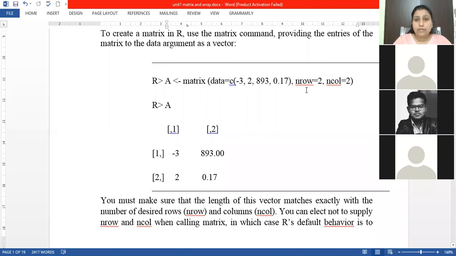Suppose you do not define the number of rows and columns, then by default it will take 4 rows and a single column, because in R the storing of values happens column wise. It will store all the values into a single column, with different rows.